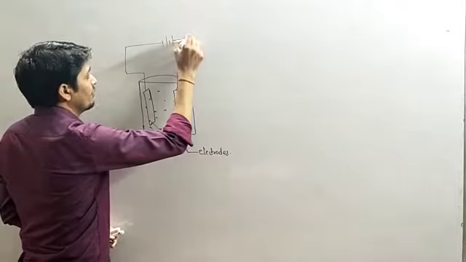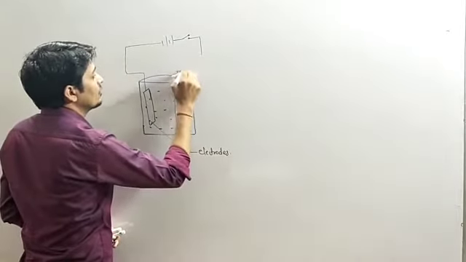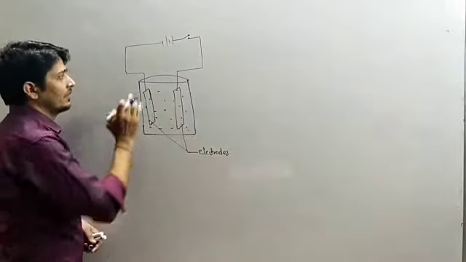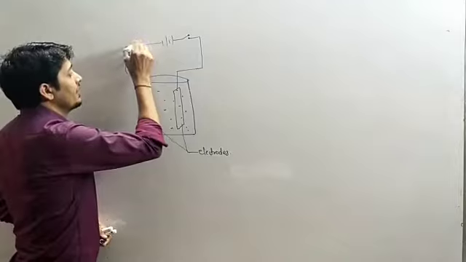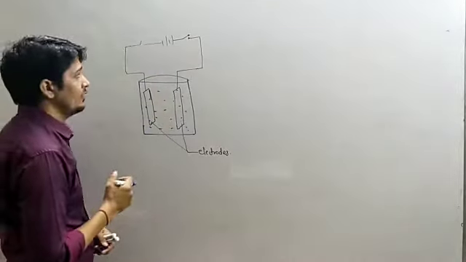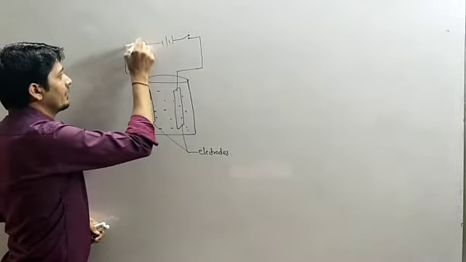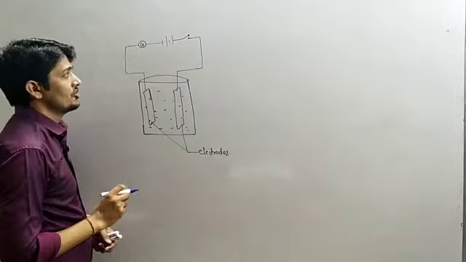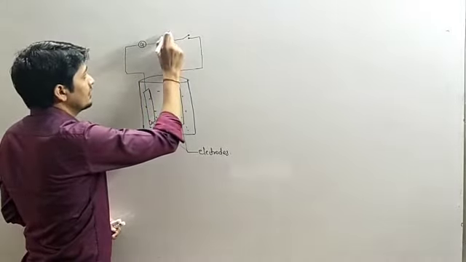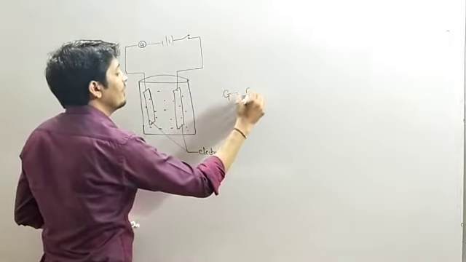One more device we can attach here is the key, so that we can switch on or switch off the passing of current. Here we have used one galvanometer, or we can use a bulb also. So we are using a galvanometer. It is the G. G is galvanometer.